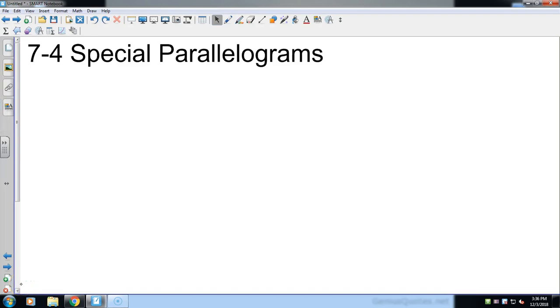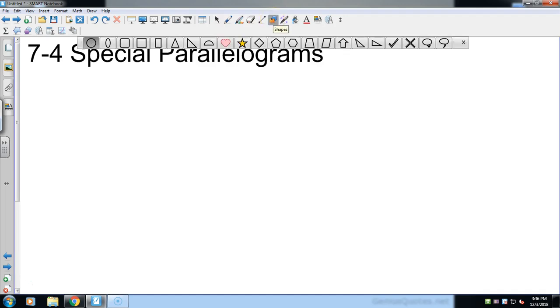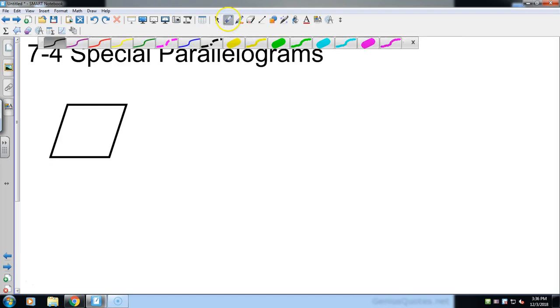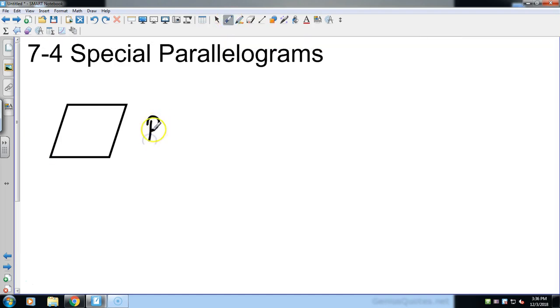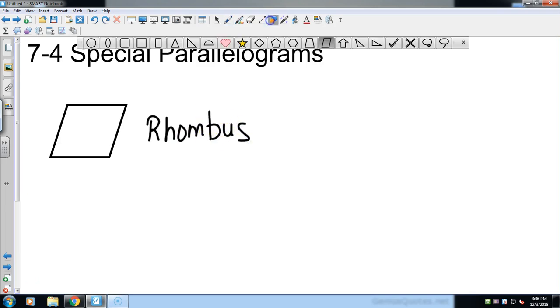Chapter 7, Section 4, Special Parallelograms. So we've got three types of parallelograms we're going to look at today. We have the rhombus, we have, good old reliable, the square,